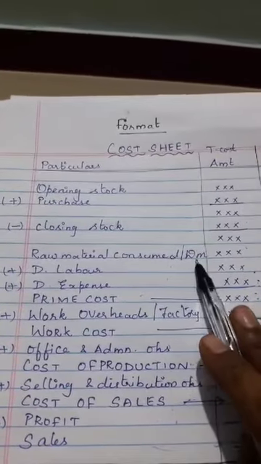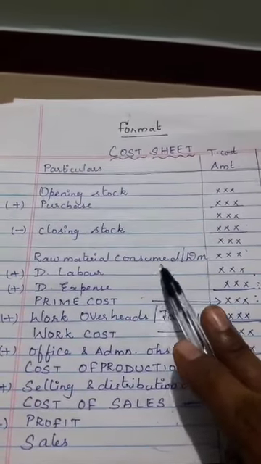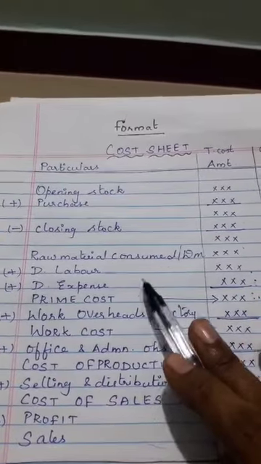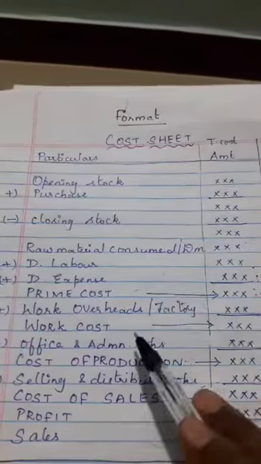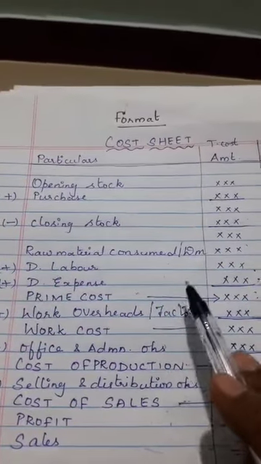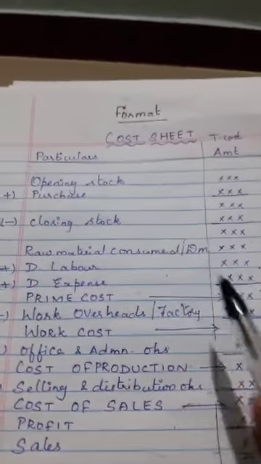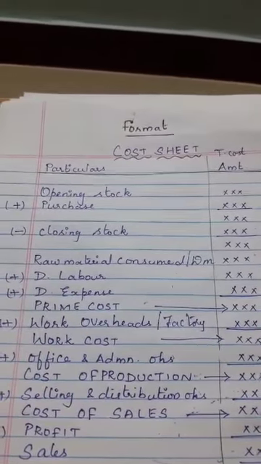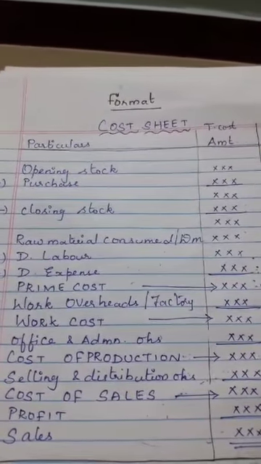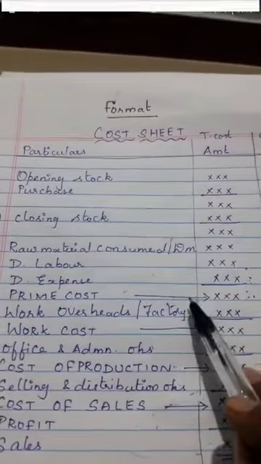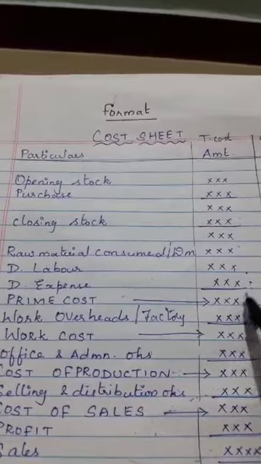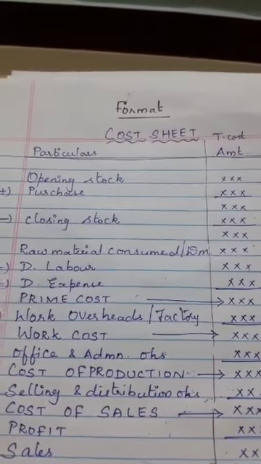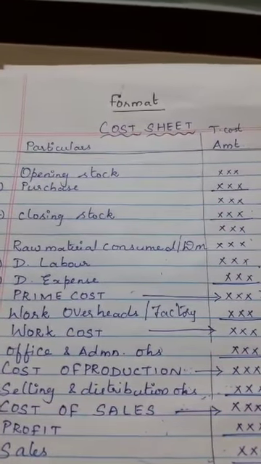Fine. So now direct material plus direct labor plus direct expenses, you will arrive at the prime cost, which we discussed in the elements of cost. What I told you in the elements of cost, when all the direct material, direct labor and direct expenses are put together, you will get prime cost. Alright. With the prime cost, you are going to add the overheads. What are the three overheads which